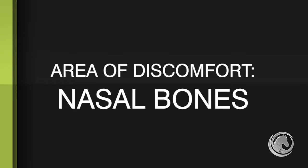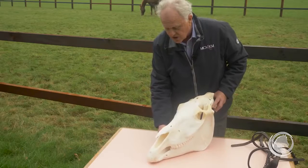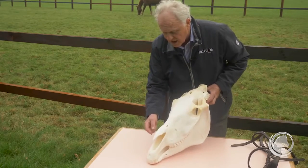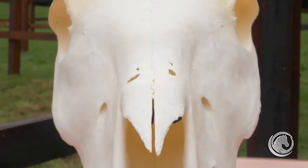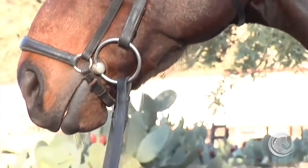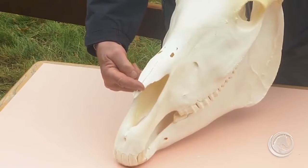And then we go to the nasal bones. Now this horse actually is a quarter horse and has extra short nasal bones. They're normally a little longer, but you can see how fragile they are. Now in my opinion, low drop nosebands should be banned because they're operating on this area here or even a